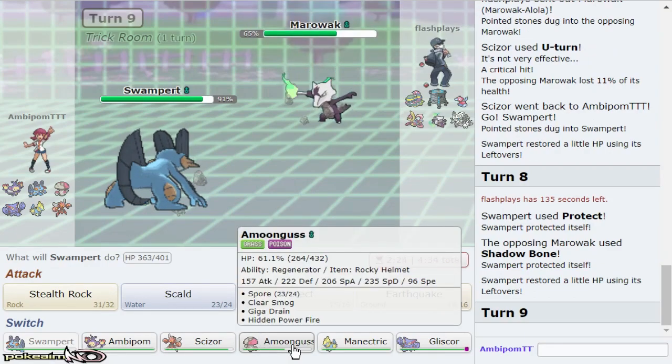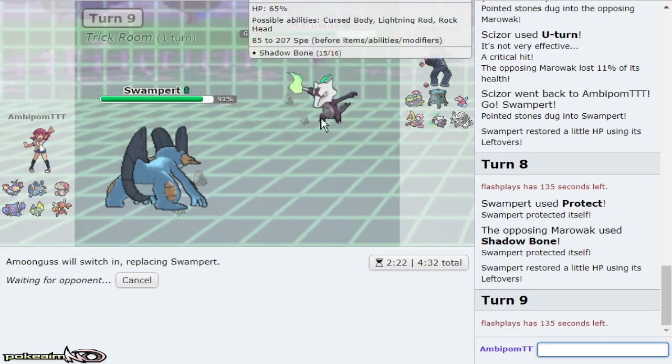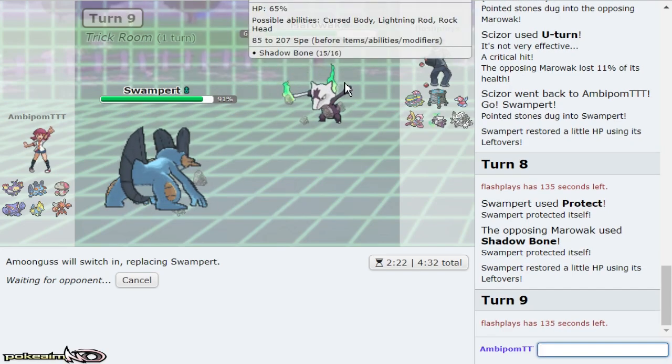Another play I can make is pivot into a Mungus, which I think is fine too, because I don't think a Mungus does much besides, you know, sporing that Aggron. Though if he Healing Wishes it back later, it's a little bit scary for me. I kind of hope he Flare Blitzes here. But then again, I'm pretty sure you are...